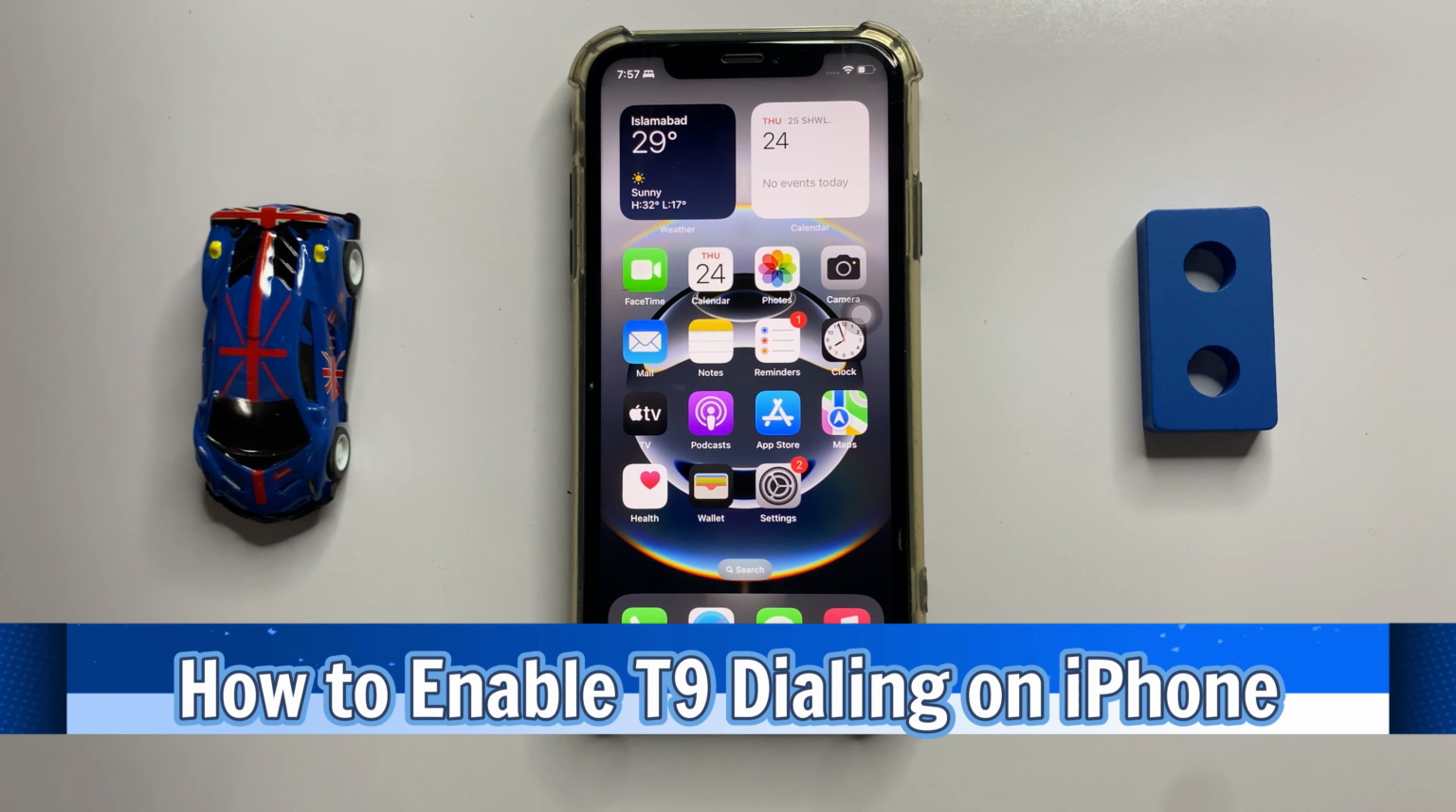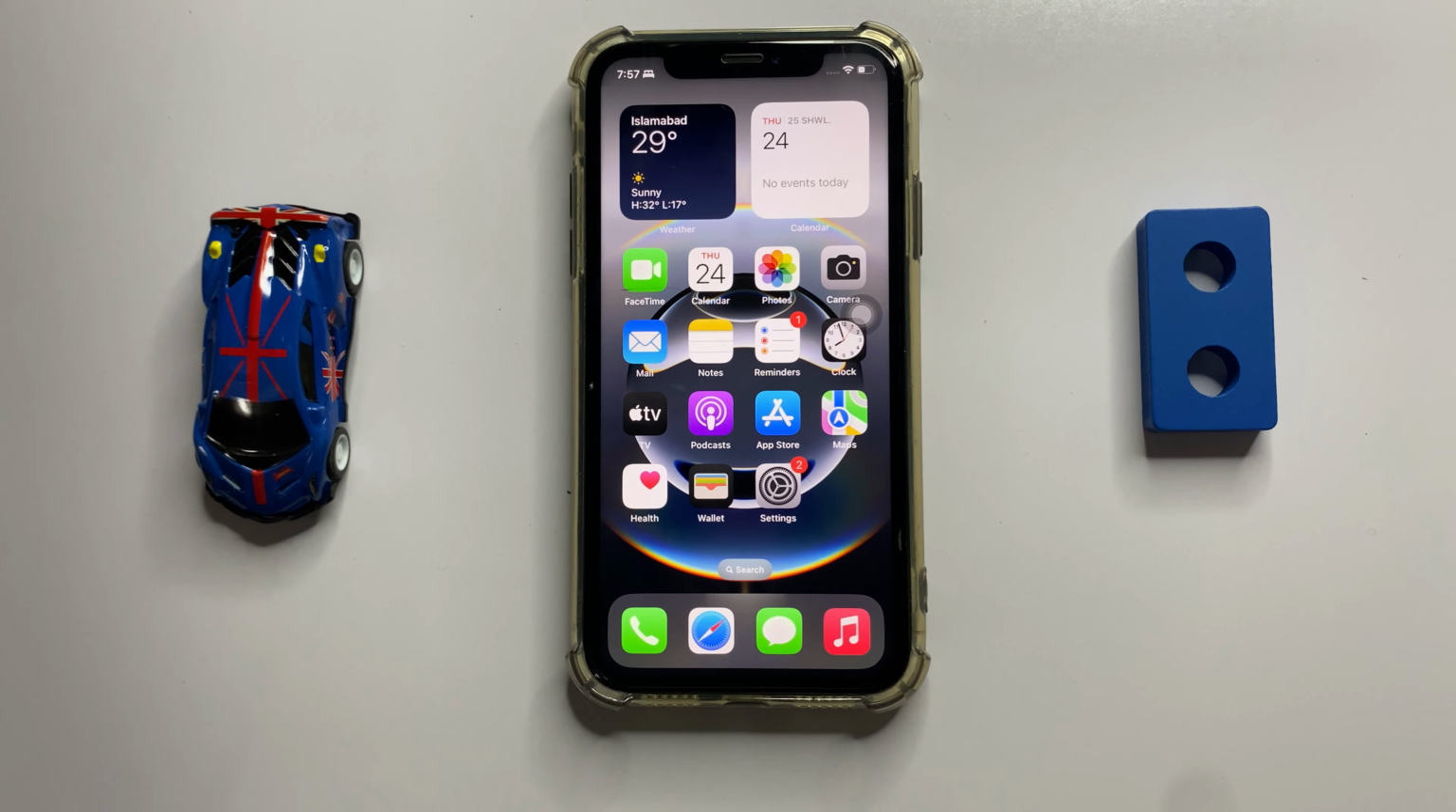How to enable T9 dialing in iPhone. So let's start the video. First of all,